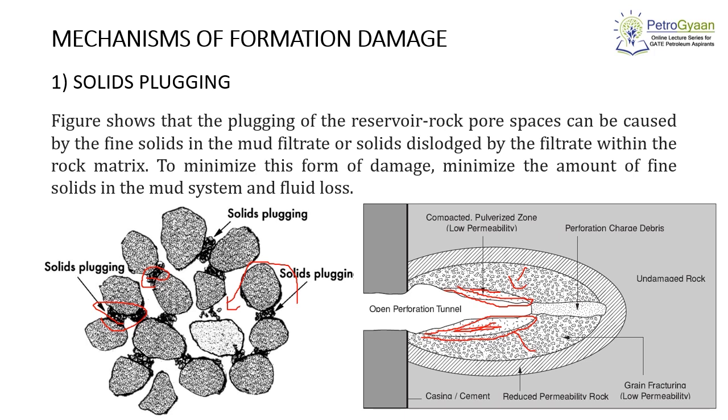So the cleaning process of this perforation depends on backflowing, so the production under high drawdown. Second is acidizing. If we remove this zone by acidizing technique, and perforating in an underbalanced condition. If we do perforation or completion of the well in an underbalanced condition, which is when the mud hydrostatic or completion fluid hydrostatic pressure is lower than the formation pressure, then in that case this damage will be reduced.